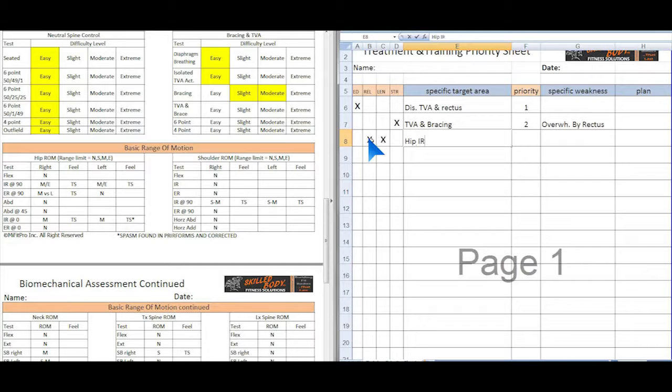Hip internal rotation at 90. And I always put right and left. Or you can put bilateral or whatever, but you definitely have to signal if it's only one-sided, which of course we'll see in our